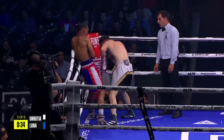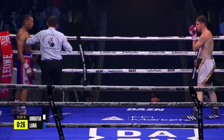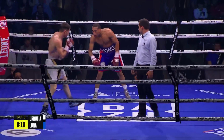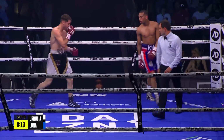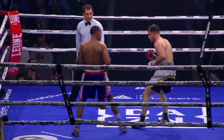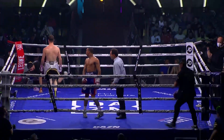Good work from Urrutia. Again, just standing straight in front of Luna. I'd like to see more angles. Well, with 15 seconds to go in this 5th round, it really does set up a tasty final round between these 2. Again, smart work in defence from Luna, although walks on to a left hand but responds immediately. And that's the end of